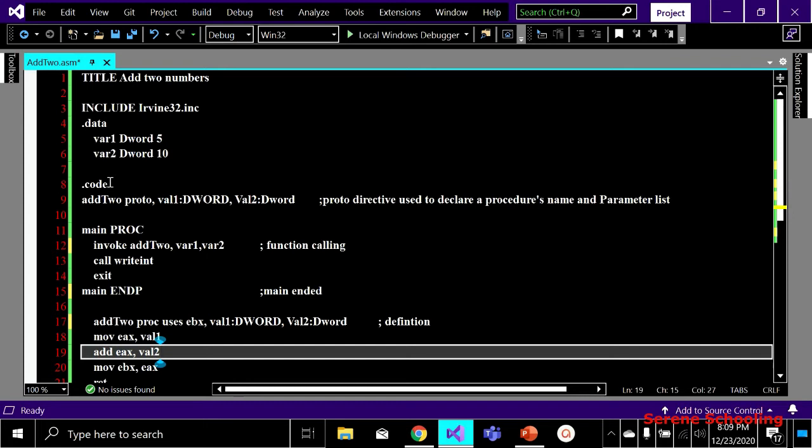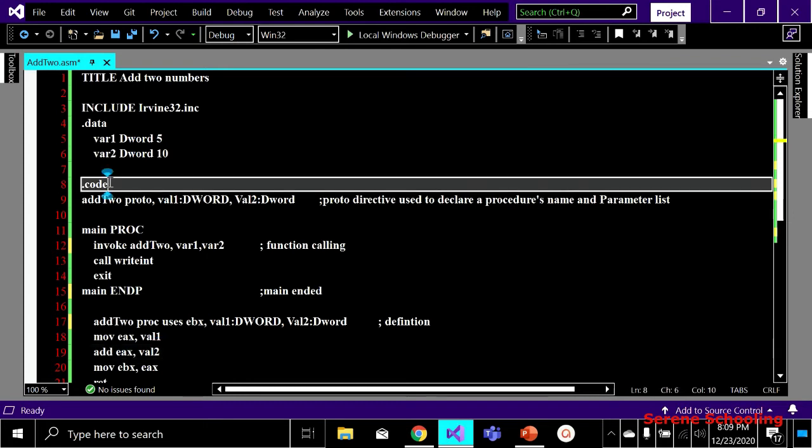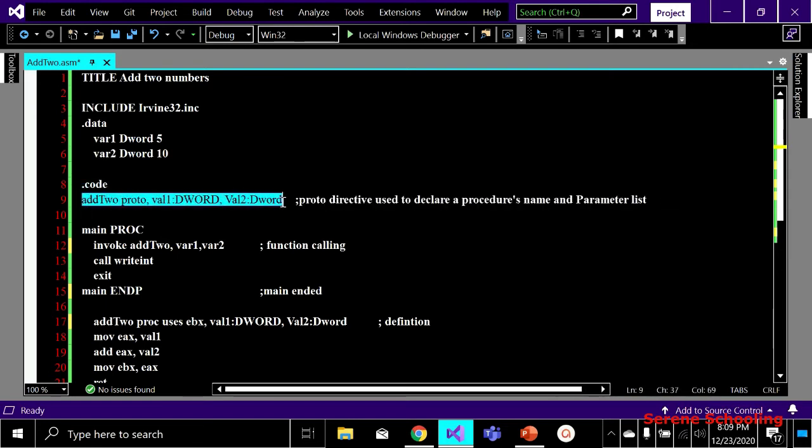We have just recently seen that we have to declare a prototype of the function or the procedure before main, right? So inside .code and above the main procedure, this is the location where we always declare our function before defining it.